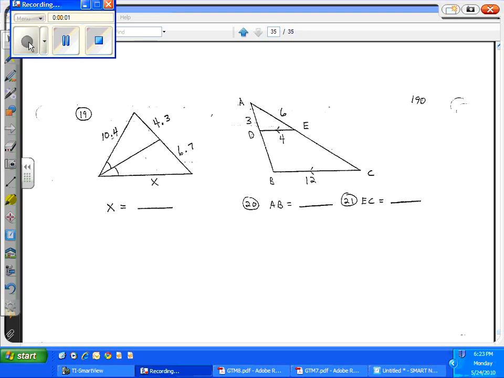Chapter 7, review number 20. Number 20, we have a line parallel to a side of a triangle signified by the arrows in the middles